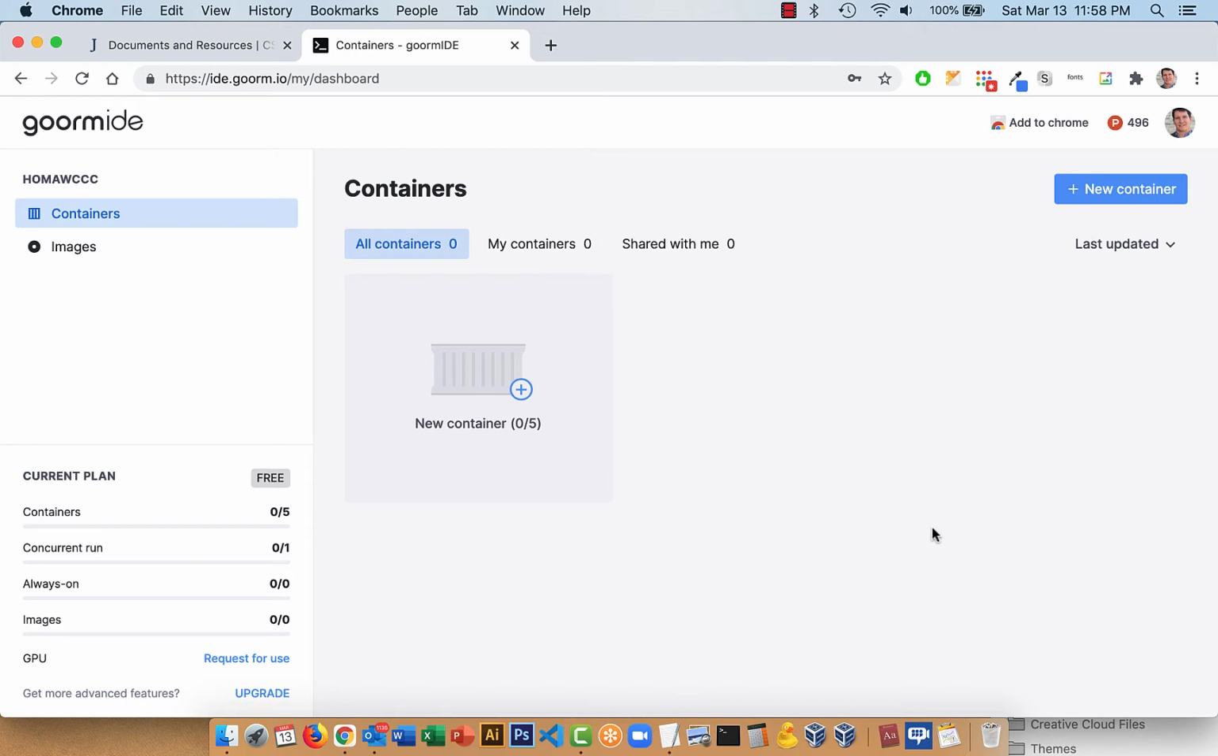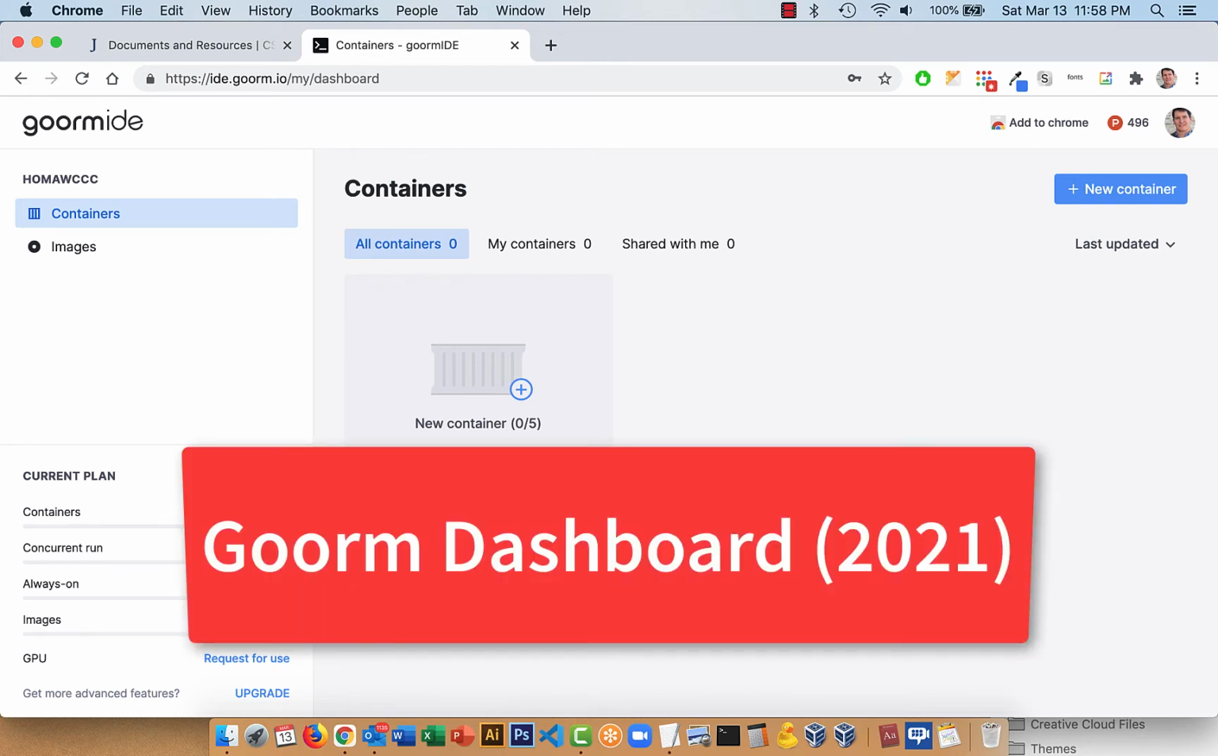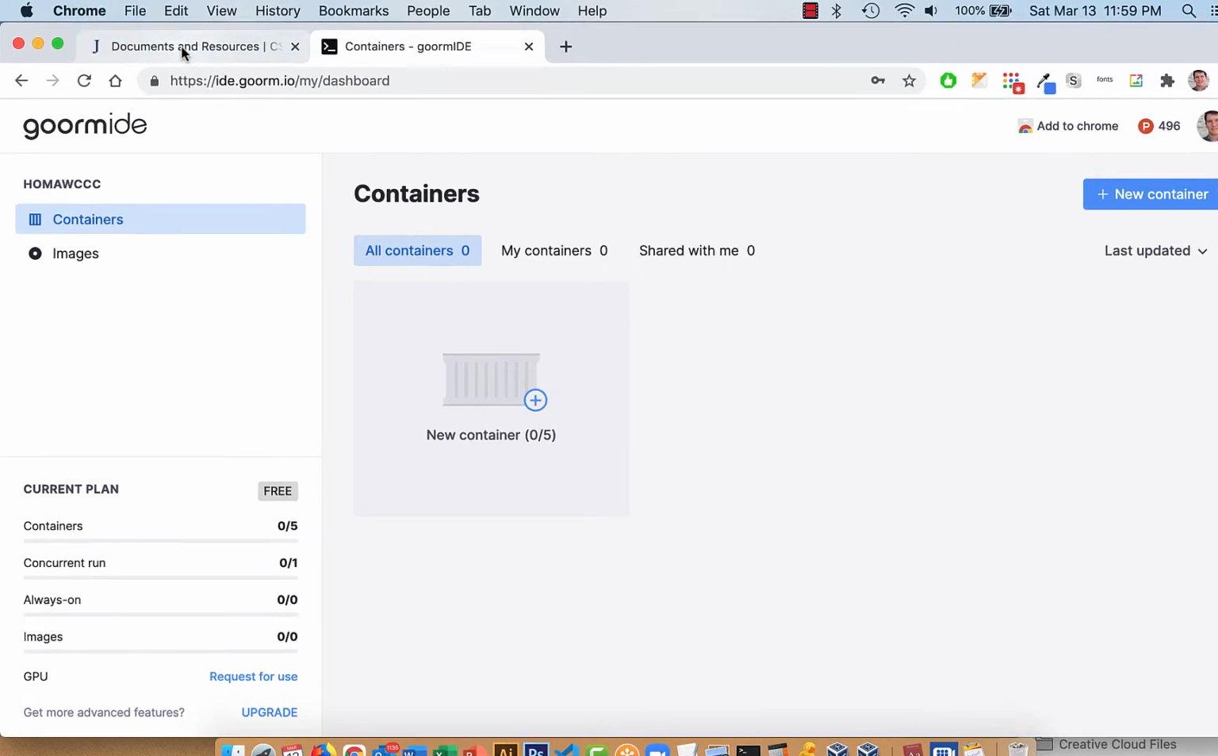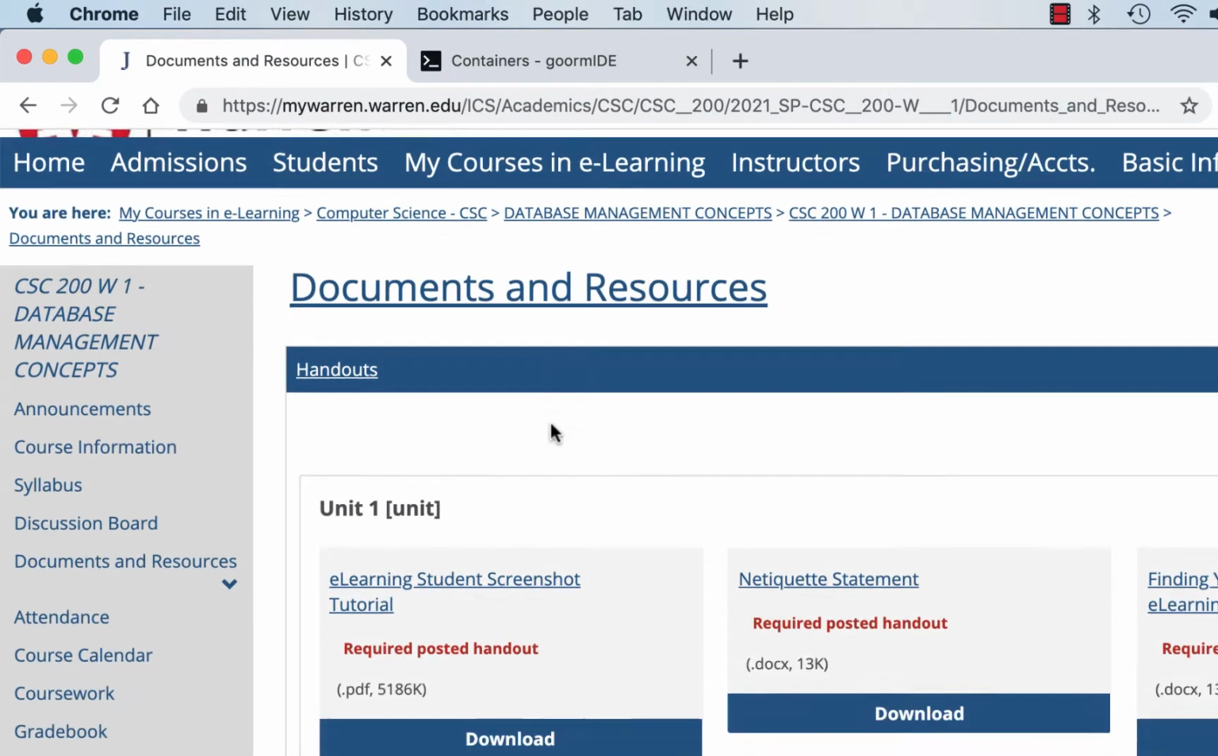Now, this is what the new dashboard looks like, and it's nice and streamlined, nice and clean. There's no ads or anything. Still the same that it shows your containers here. No, I don't have any. I'm going to create one, but before I do that, I want to go to Documents and Resources, Handouts, and